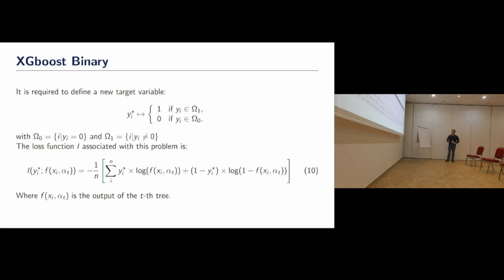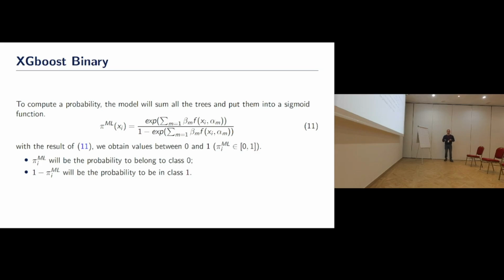Right? So here is the first model. I'm going to replace the binomial regression by an XGBoost binary. So here's a new target variable. y star is defined for 0 and 1: 0 for the excess on the 0, and 1 for all the positive values. And here we have the loss function for this model. Of course, this loss function is very, very close to the log likelihood in the regression part. But instead of using parameters, we are going to use trees to minimize this loss function.